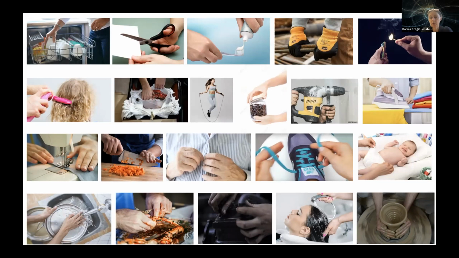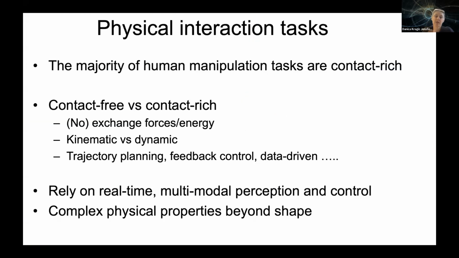So I'm going to talk about two things when it comes to physical interaction tasks. I want to talk about the need for benchmarking and also the aspect of open source software. And I think that in the context of physical interaction tasks, what we have seen from when I started as a PhD student back in the late 90s to what we are seeing now is a shift from more analytical, classical control approaches to more data-driven approaches. But the problems we are trying to solve are still the same.